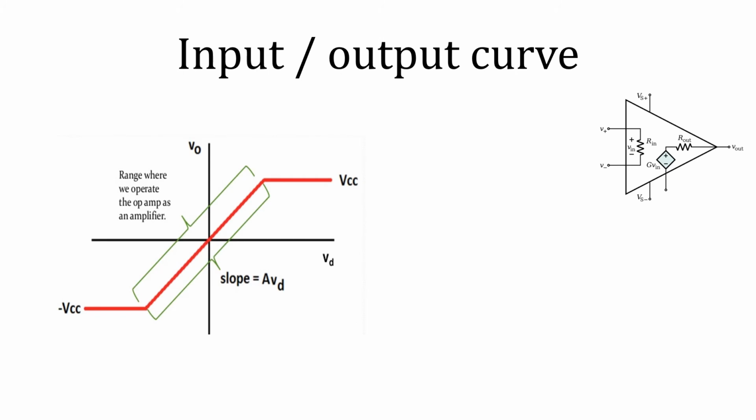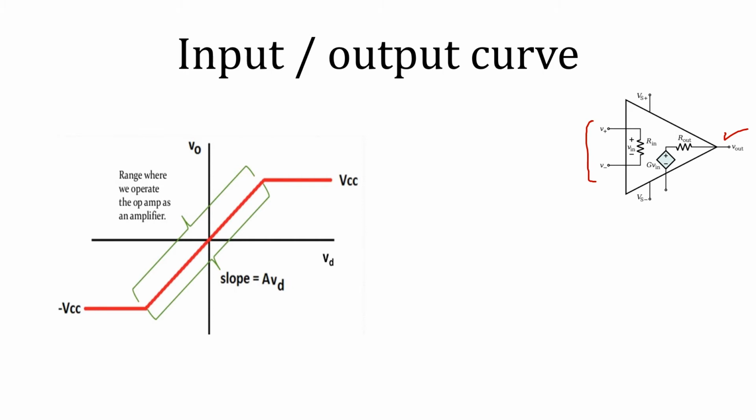Okay, next important thing is the input output curve. This is also known as the input output behavior of the operational amplifier in open loop. On the x-axis we have VD, which, as I have already told you, is the difference between these two voltages, and the output is V out. So that is what we have plotted here. As we increase VD, that is, the differential voltage is increased slowly, the output follows its increment. You can see the behavior is very linear. As we increase the differential voltage, output increases linearly.